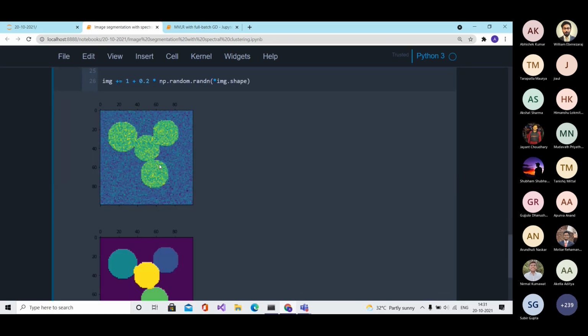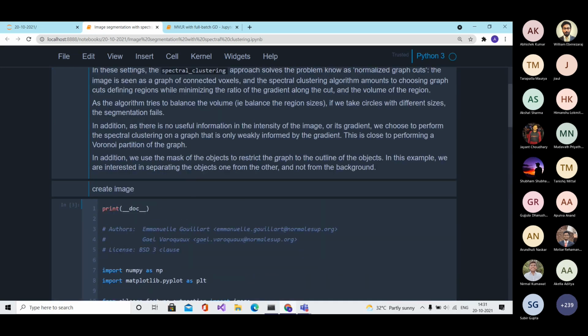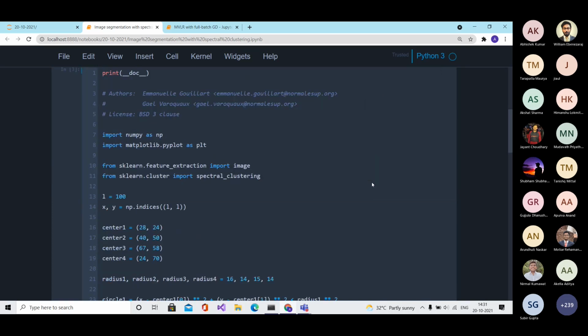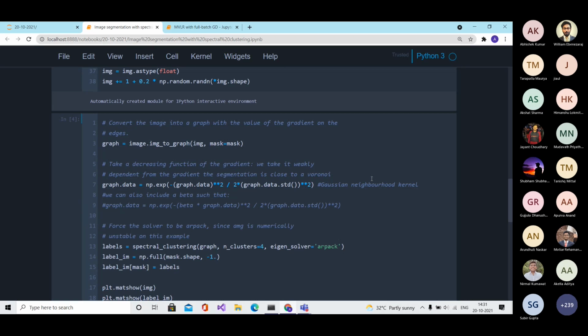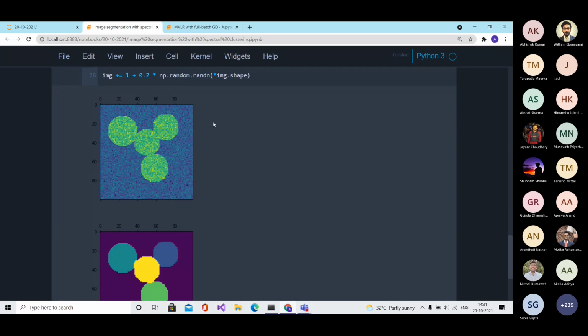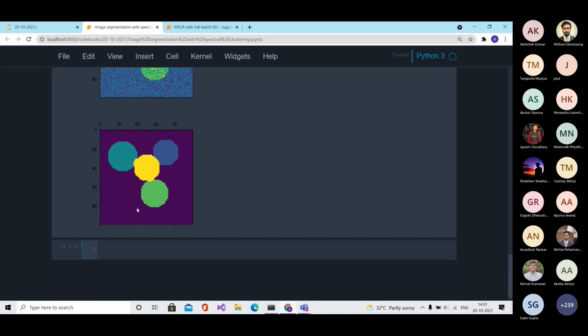One thing to notice in this example is that we are not interested in separating the objects from the background. That's why we have used a mask that masks out the background, and we focus only on the circle. So this is the original picture, and this is the final segmented version.